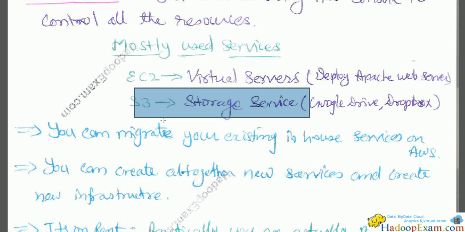Okay, you can migrate your existing in-house services to AWS. Suppose you are already hosting some website on godaddy.com or somewhere, you are having your own web servers, and you want to migrate the existing application to AWS. It would be very easy to migrate, depending on how complex your application is. So you would definitely plan before migrating everything. But it is like using various tools and configurations, and it could save a lot of time and